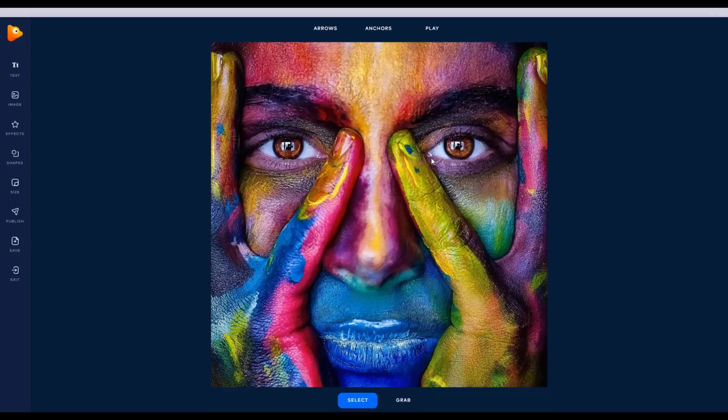Her eyes are probably going to be the main focal point, her nose, and the lips. These are kind of the areas that you want to focus on when you're looking at the face. And then the outline of her hands. You don't want any of this stuff to move, because otherwise it's going to look like a big blurry mess. So let's go ahead and start anchoring out, pretty much drawing with the anchors around the creases that we don't want to move. So I'm just going to go ahead and select a single anchor,